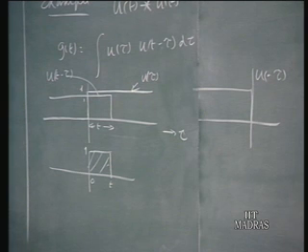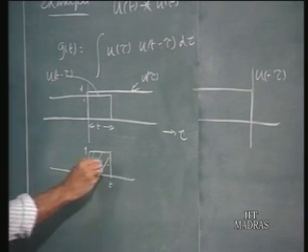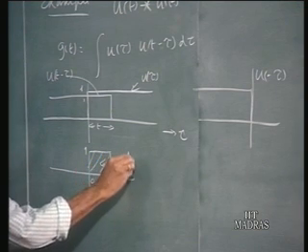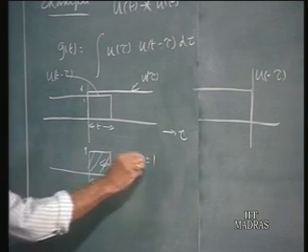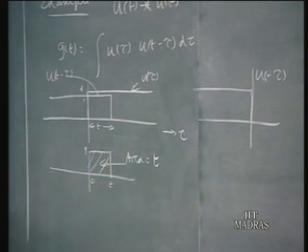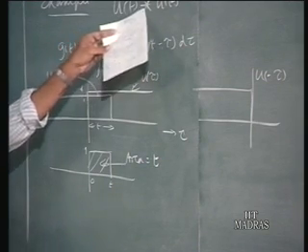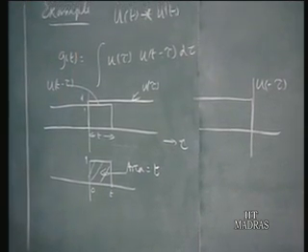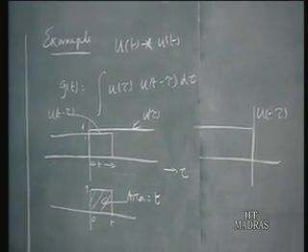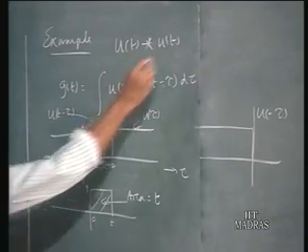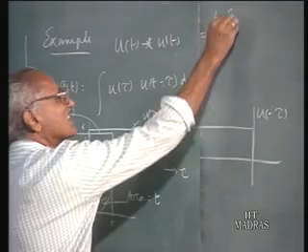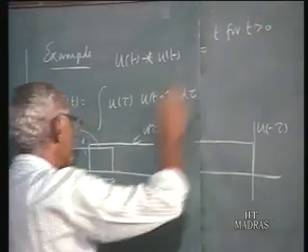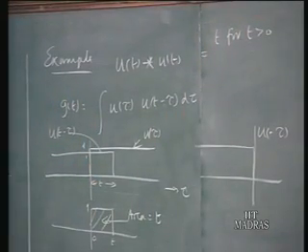So the area under this curve, after all when you want to integrate this, it means you are finding out the area under this curve. The area under this curve is t units. Therefore the result of u of t star u of t, or the convolution of that, is going to be t for positive t. So we can say this is t for t greater than 0, because we have shifted in the forward direction.